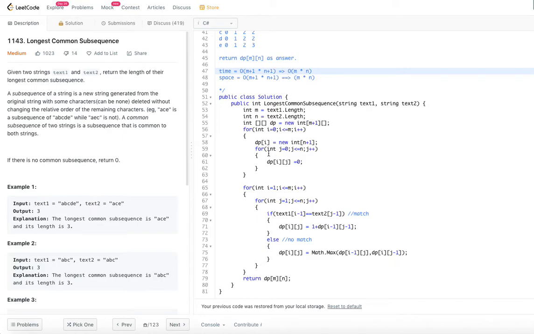Similarly, let's look at the space complexity. We are declaring an array called dp of size (m+1) by (n+1). That is the space we are going to use while processing these calculations. So the total space needed is O(m+1) times O(n+1). In big O notation, we remove all the constants, so it is also equal to O(m*n). So the time complexity and space complexity are both O(m*n) for this particular problem.